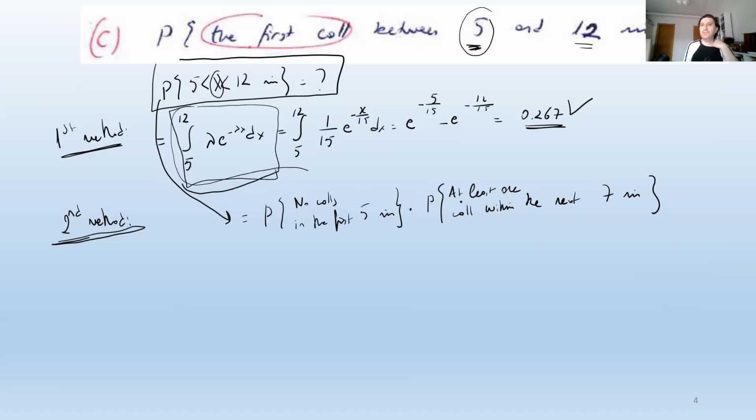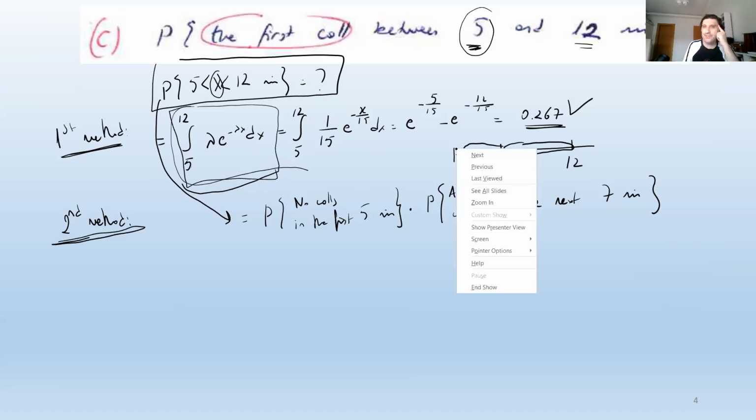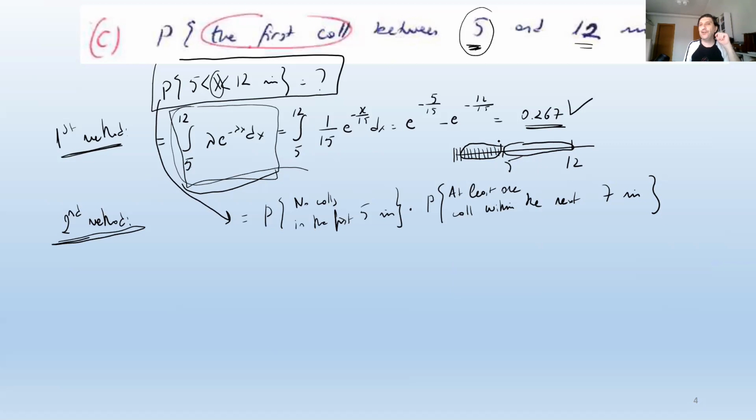Now I can multiply these, because here, think about this, 5 minutes and 12 minutes. In the Poisson distribution, what occurs here is independent of the occurrence of here. If you think about the derivation of the Poisson distribution, for every very small time interval of delta t, all of these trials are independent from each other. Therefore, these time segments are also independent from each other. Since we have 2 independent time segments and 2 independent events, we can multiply the probabilities.